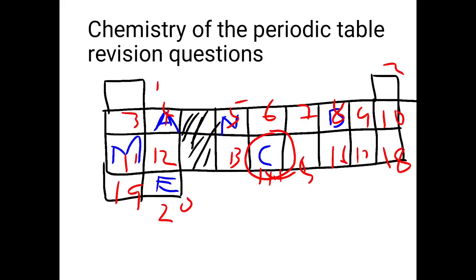So when we have it that way, we can say that element C has an atomic number of 14, and therefore to write its electron configuration,